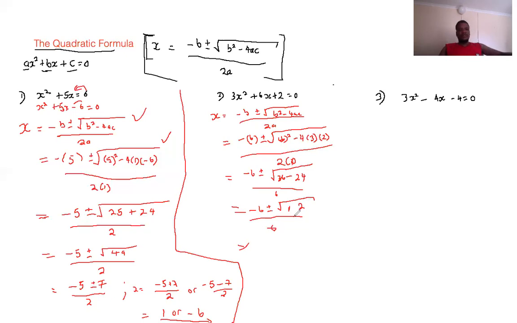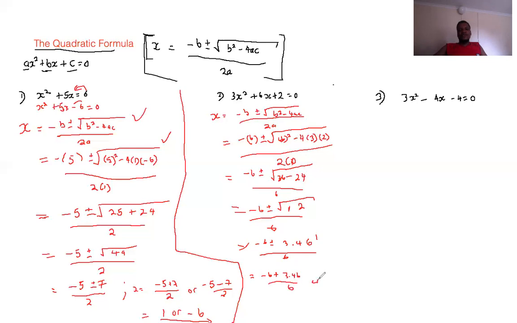It's actually a decimal. So what you're going to do, you're going to write your answer in two decimal places. So you're going to say the square root of 12 is negative 6 plus or minus 3.46 all over 6. Now x is going to be equal to negative 6 plus, choose the positive first, 3.46 all over 6,